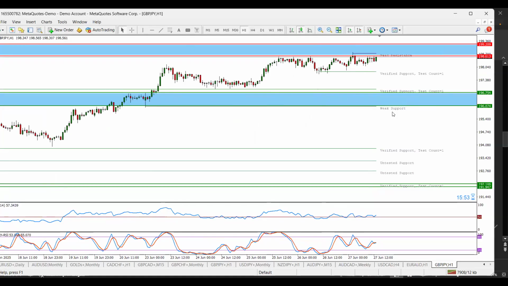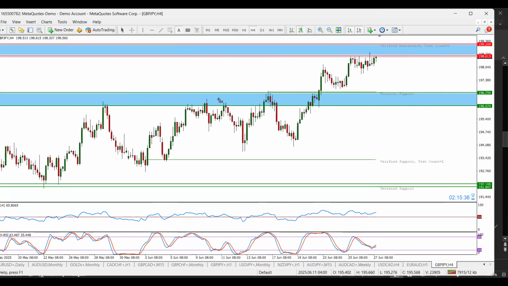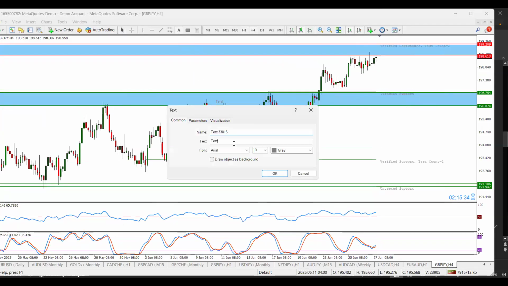This one that I have drawn is on the daily time frame, so it is stronger. I don't know if you get my point. These zones that I have drawn, this is red. This is green. So obviously this support is a daily time frame support. I already know that this support here. I might decide to write something like daily just to tag it, but I don't really need to do